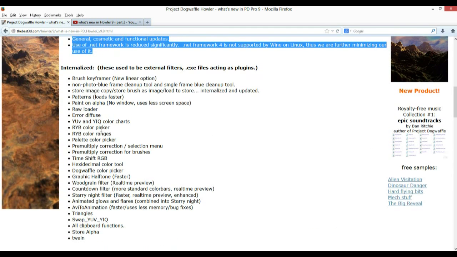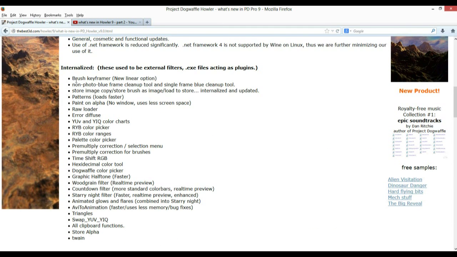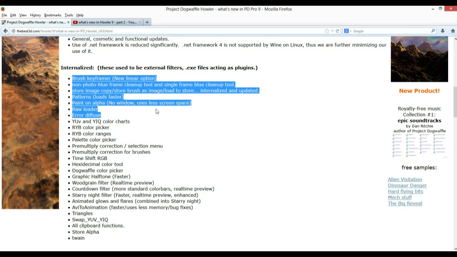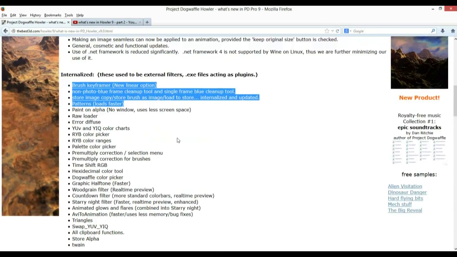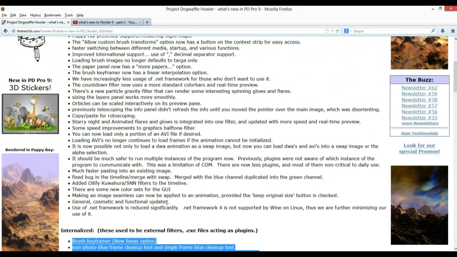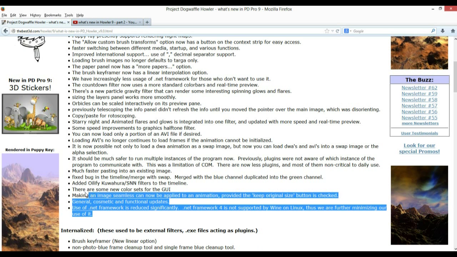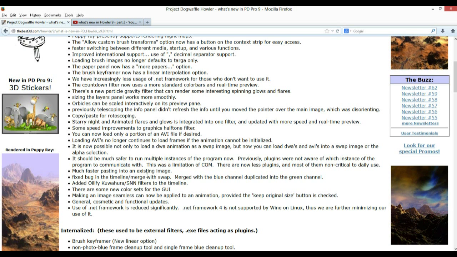I think this is a good opportunity to really discover or rediscover some of these filters. There are a lot of filters here that are internalized, that are faster, that have some sort of new features, and I'd like to just take you through that and discover along the way what you can do with Dogwaffle as we play with these features, enhanced or new,